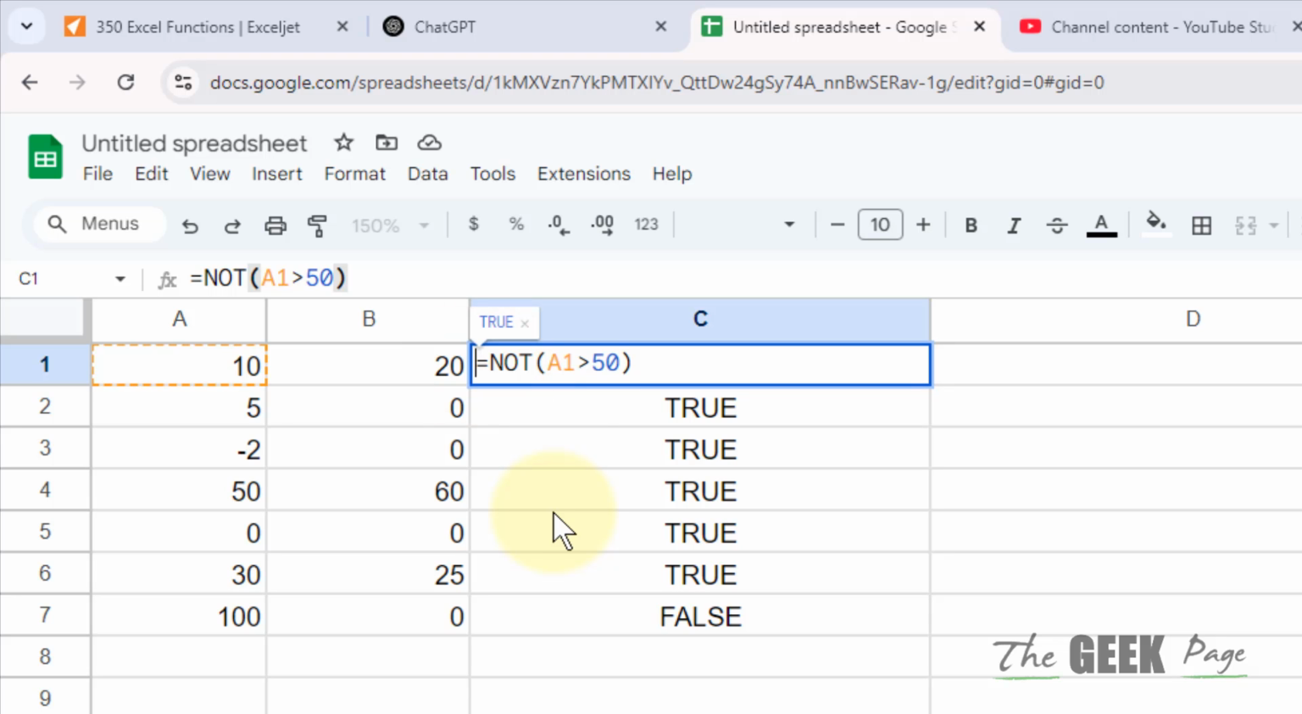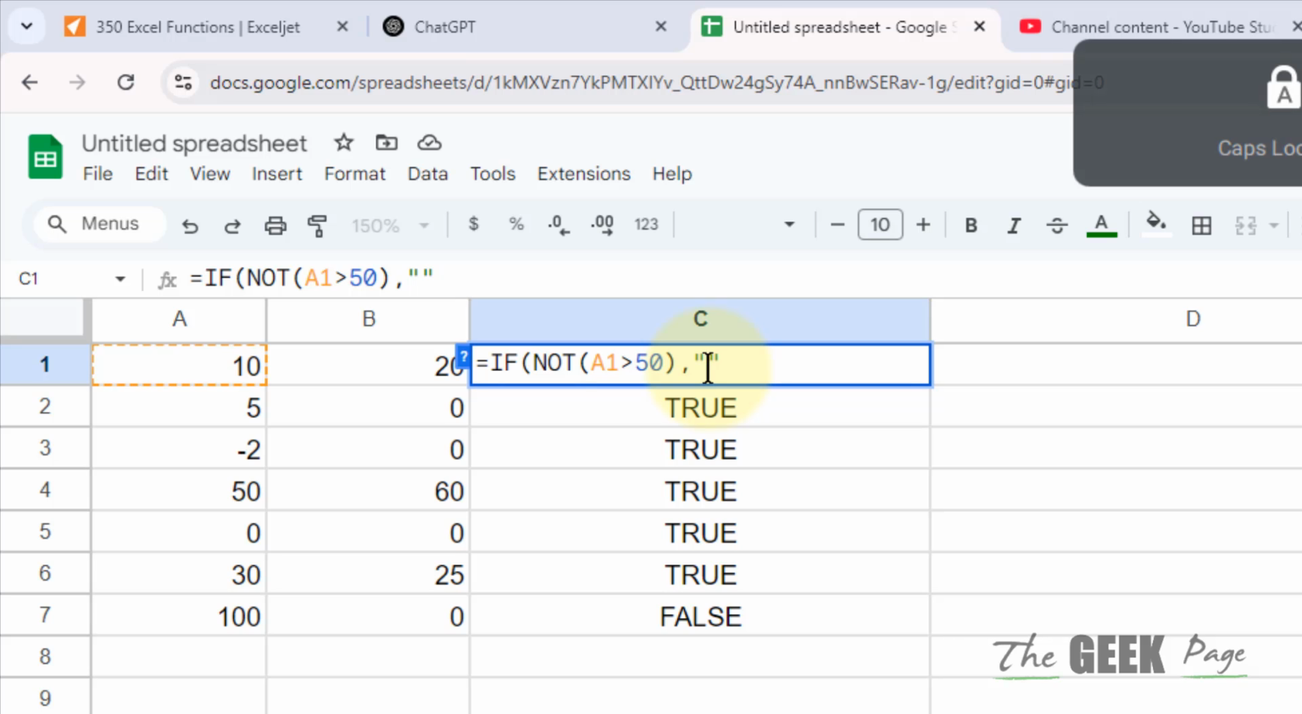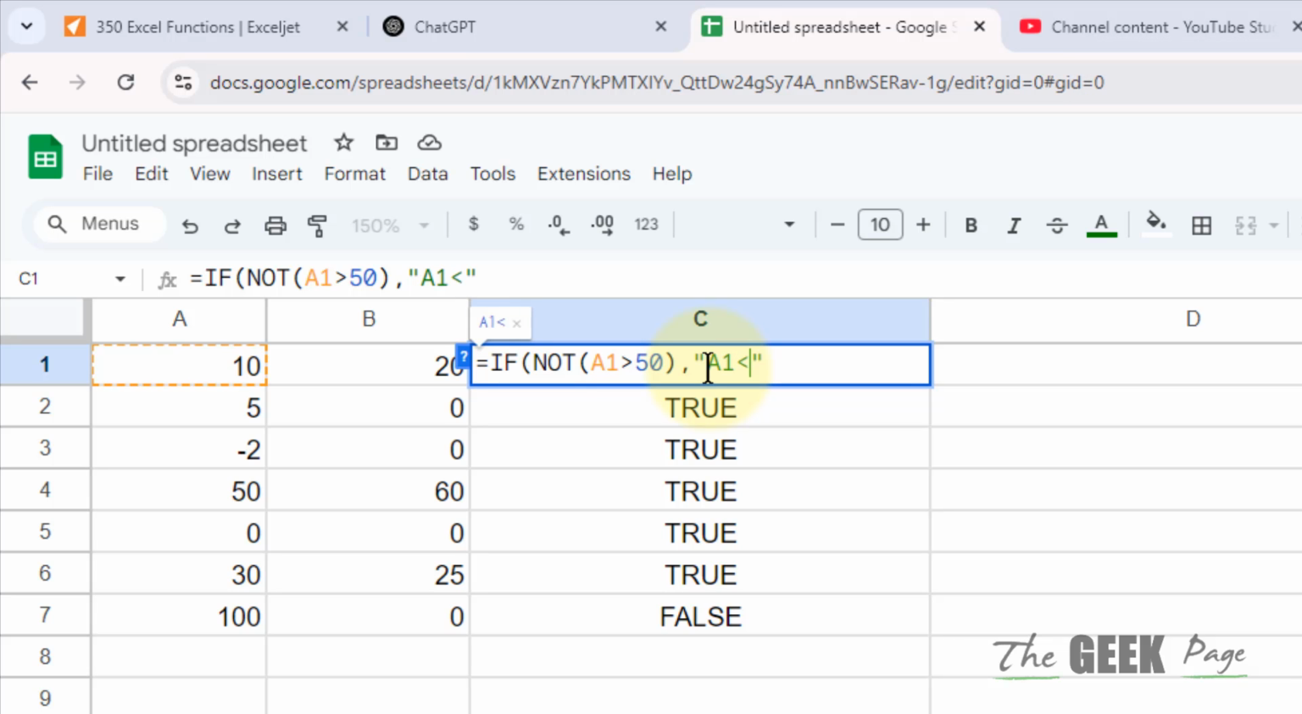Okay, so let's say we combine it with the IF statement. IF NOT A1 greater than 50, that means this condition is not met. That means A1 will be less than 50. So we can write a custom statement: A1 less than 50,